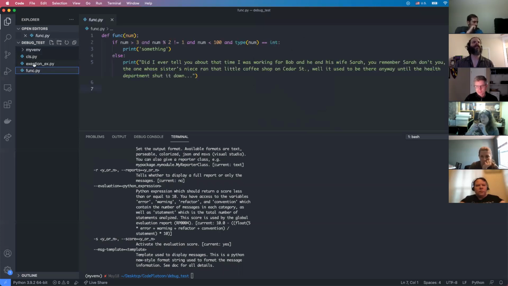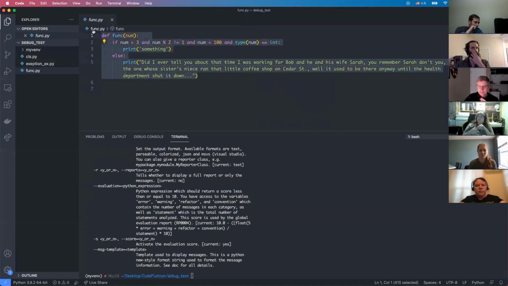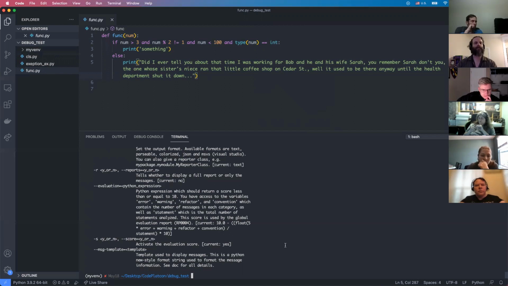So let's run this function. Here's a function, and you can look at it and probably tell that it's not very well written. But it might not be obvious, and again, we could try to fix it, but sometimes it's good to have something objective with a whole bunch of lists of things that you might want to change. So pylint func.py,